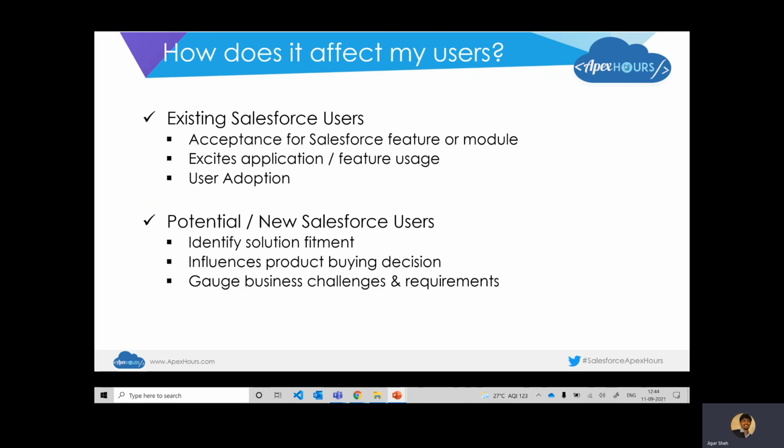Similarly, for architects or especially for pre-sales folks who are watching this, it often acts as a funnel for helping you gauge and understand the business challenges and requirements. I often tell my customers that a demonstration is also a tool that helps identify and understand the customer's business requirements.